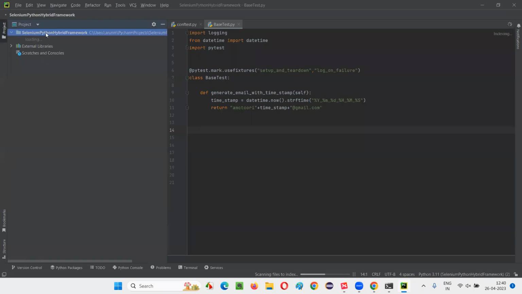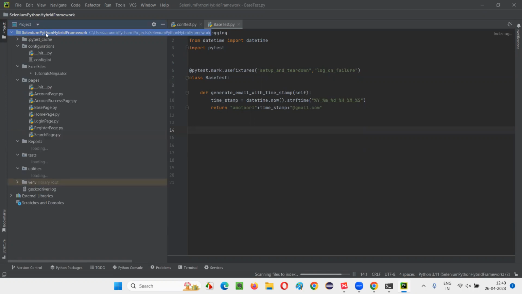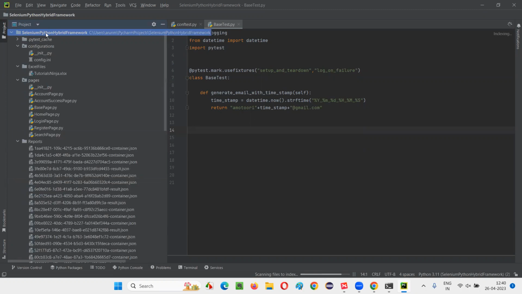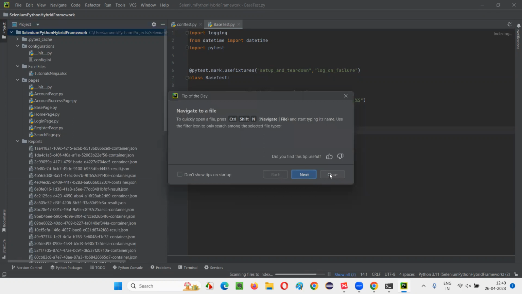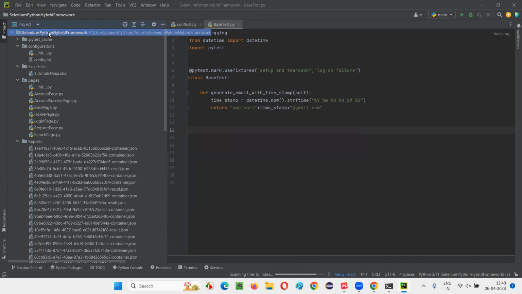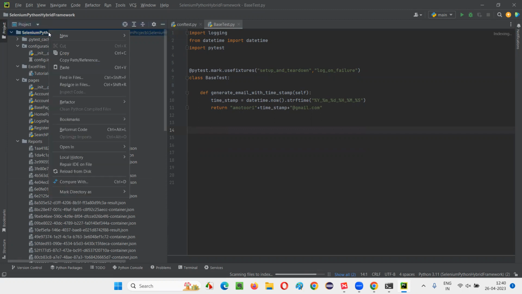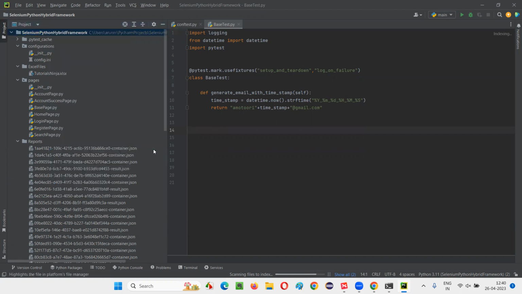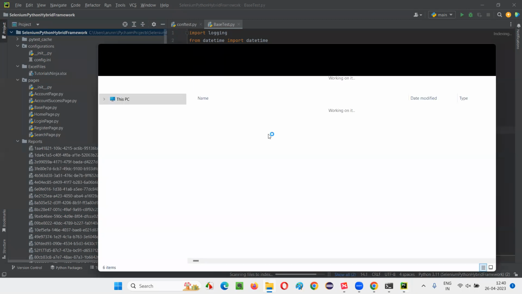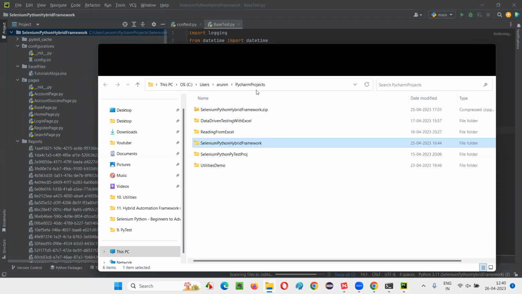Right click on this project, and go to the location in your machine of this project. Sorry, it's still loading actually. Now right click, you'll get the options. Then say open in Explorer. Then it will take you to the location where this project is available in your machine, and this is